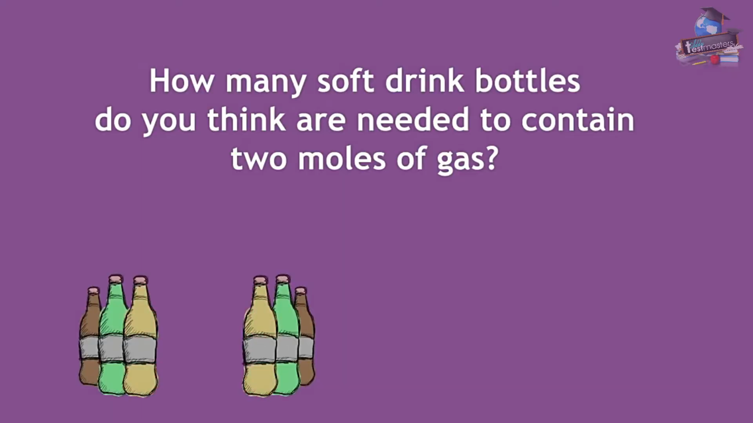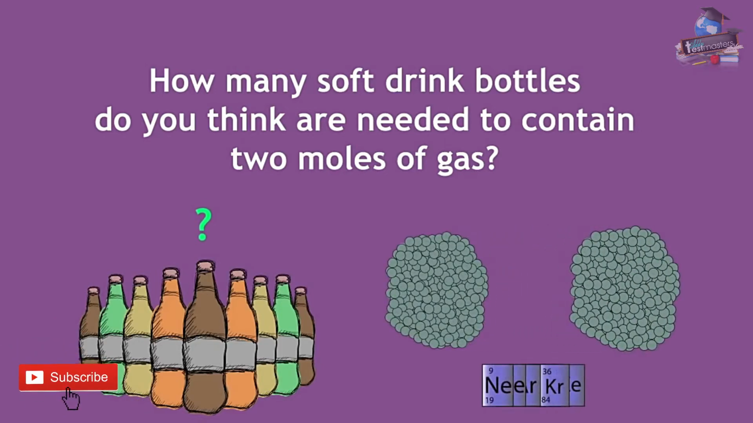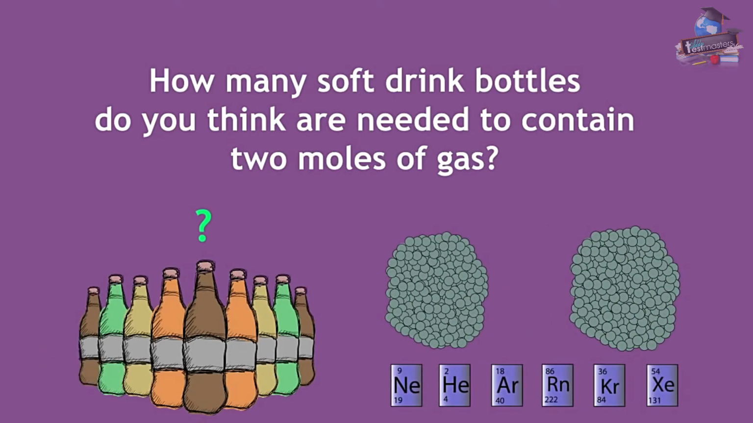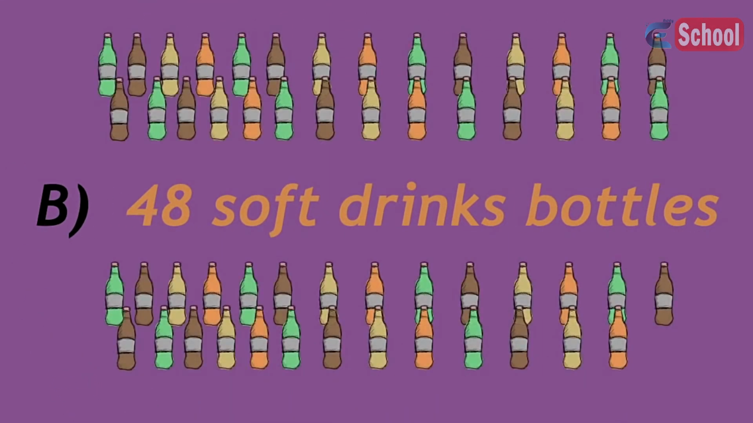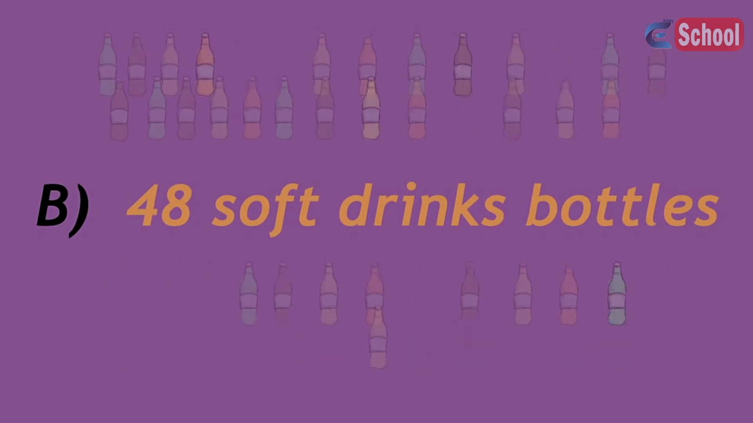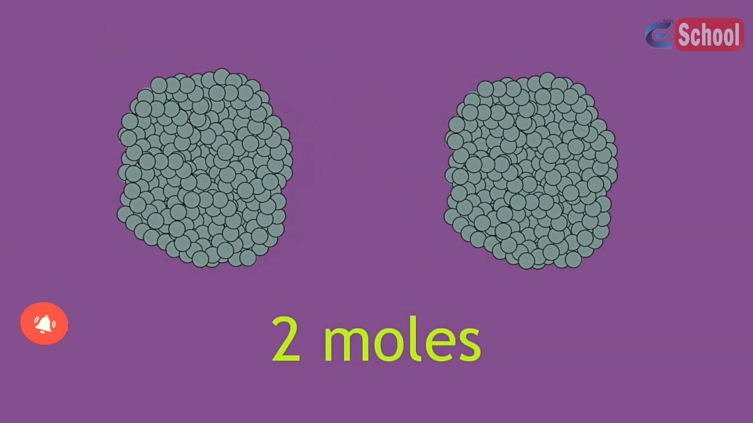then how many soft drinks bottles do you think are needed to contain 2 moles of any gas? Pause and choose from one of the following. The correct answer was B, 48 soft drinks bottles. This is because we doubled the number of moles of gas from 1 to 2, and so this doubled the